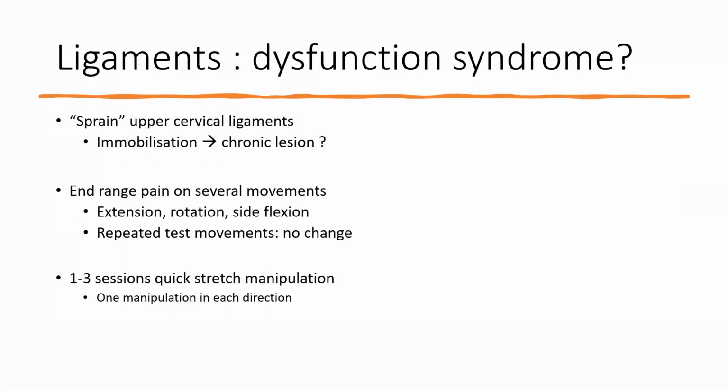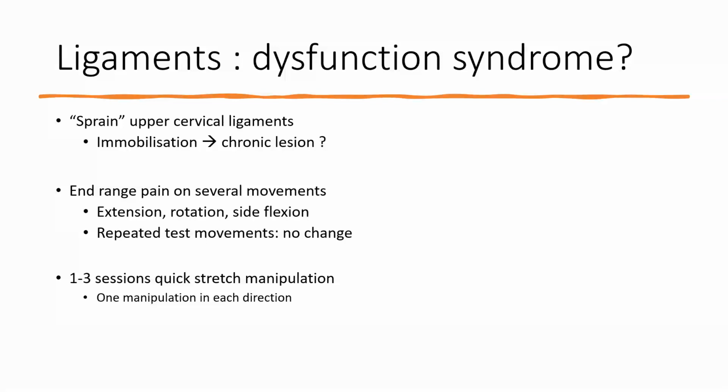But talking about high cervical capsuloligamentous lesion, actually we talk about a kind of dysfunction syndrome, as I also described in the lumbar spine chapter. Let's imagine there was a trauma followed by immobilization, or let's say not enough movement, resulting in a kind of chronic lesion,